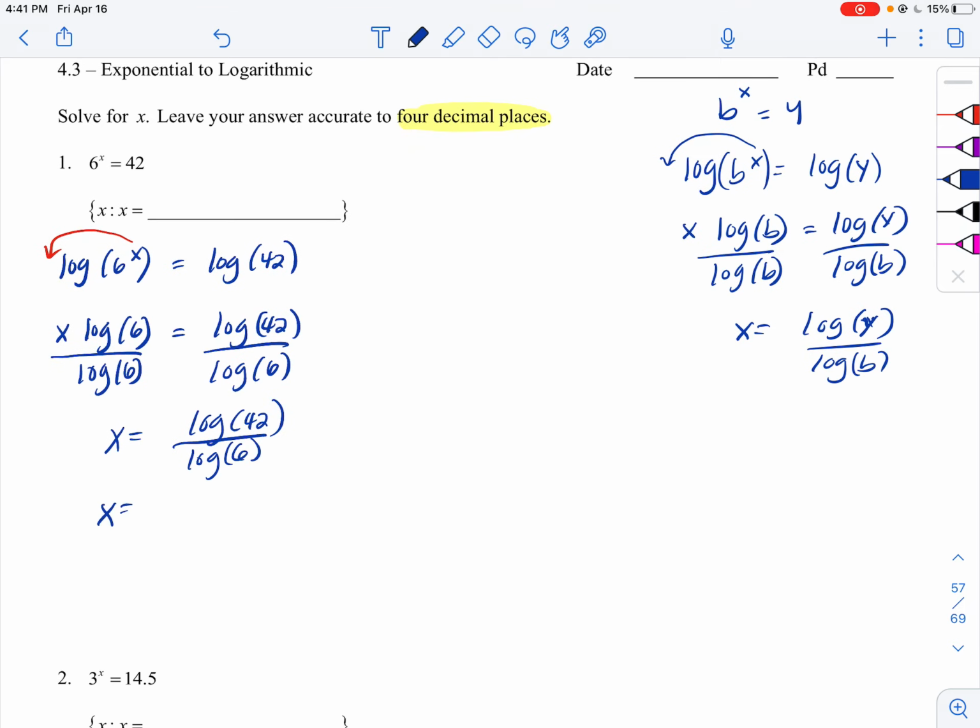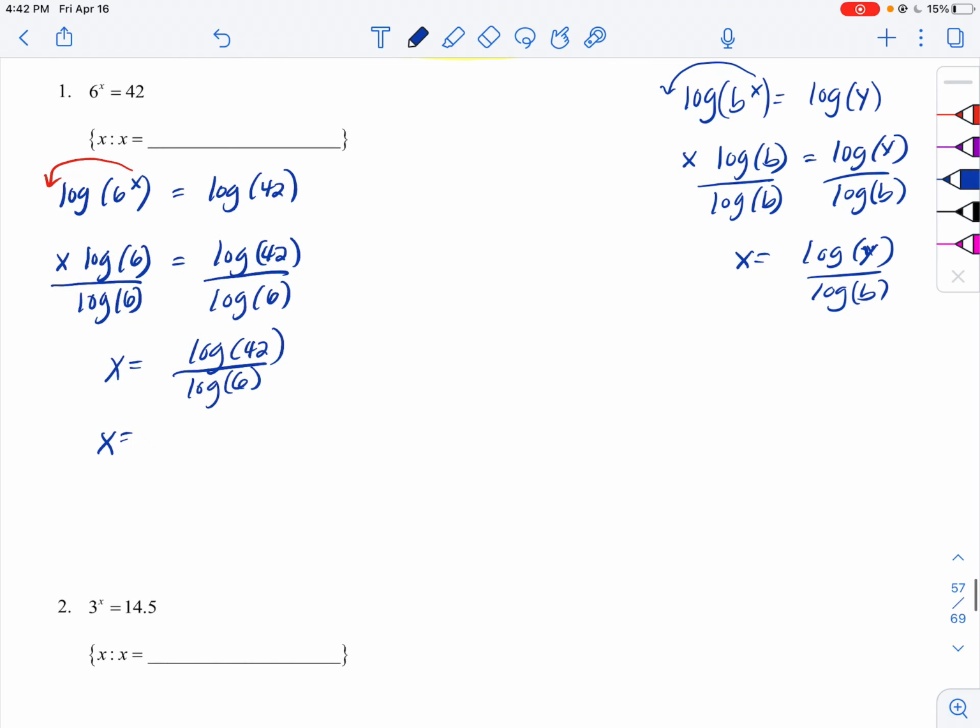I've already taught you how to find log of 42 on your calculator in the previous video. You can either type 42 and then press log, or other calculators will let you press log and then 42. So log of 42, hopefully you will get, and please don't round it. Whatever you see in the calculator, write the whole entire thing. And then log of 6 would be 0.77815125. So if I divide both of them, I will get